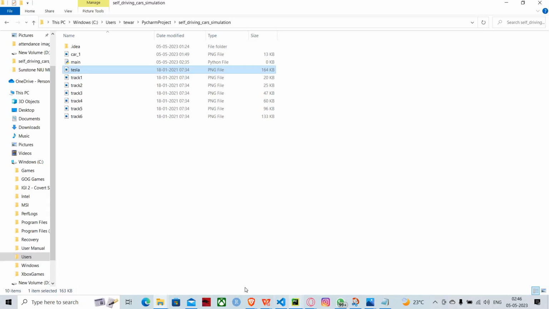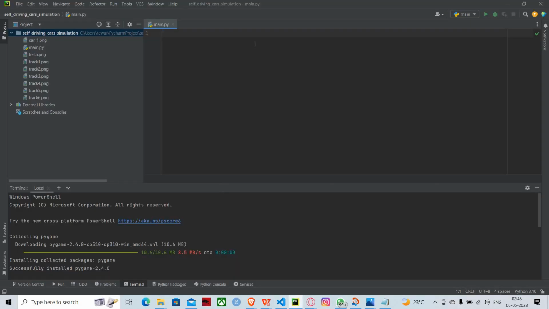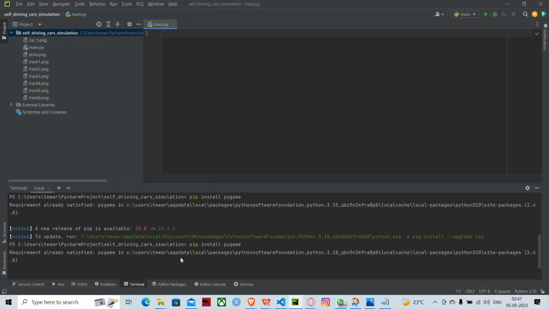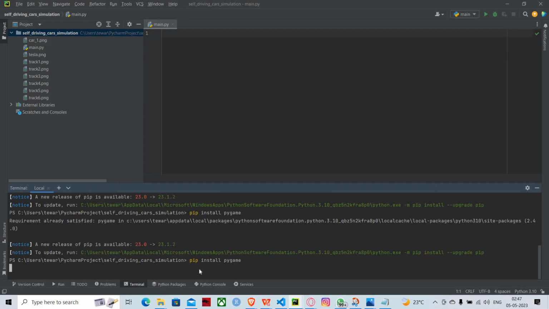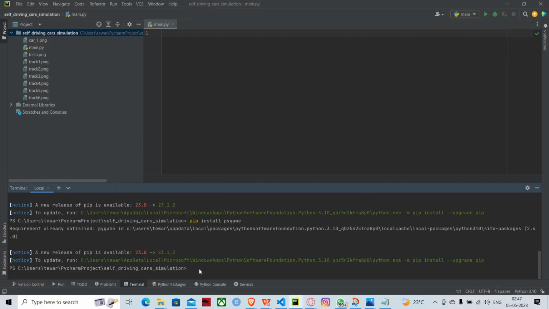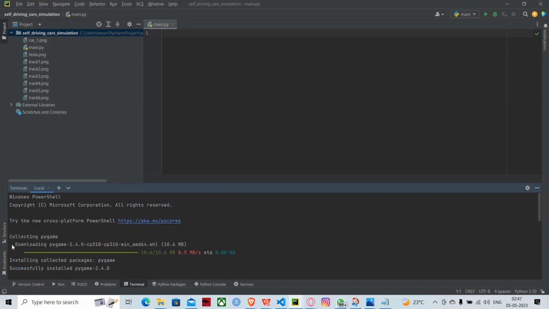So let's start. Before starting, let's open pygame or Visual Studio, whatever IDE you have. Just open that IDE, and after that you have to install this library called pygame. We need to install it with the help of pip install pygame. Since I have already installed this library, it is saying that the requirement is already satisfied. But if you haven't installed it, please install it right now. After installing it, it will show you downloading pygame, and it will download the pygame package. And once pygame is installed,